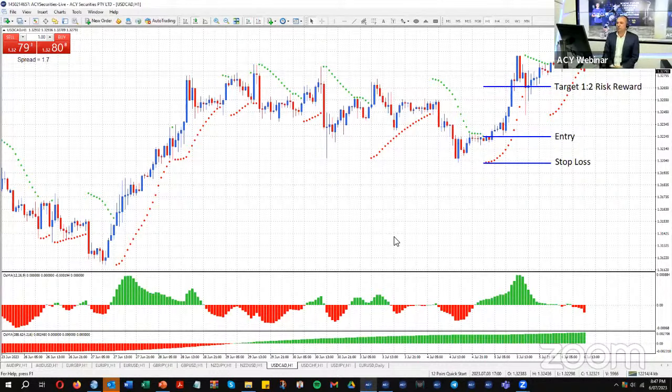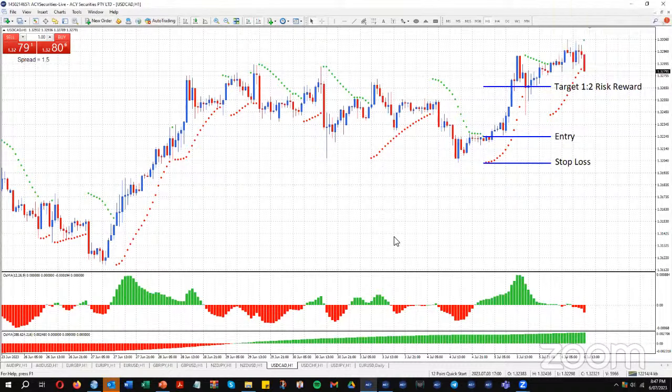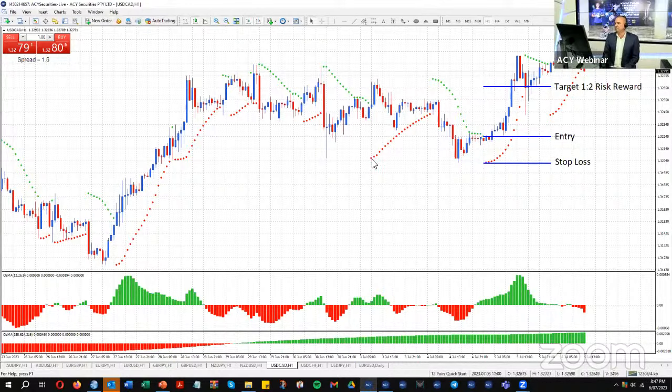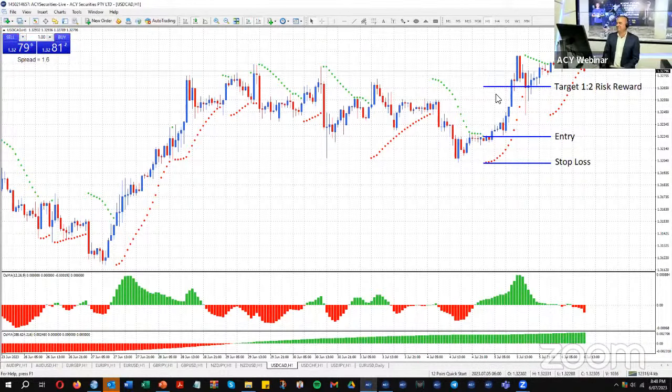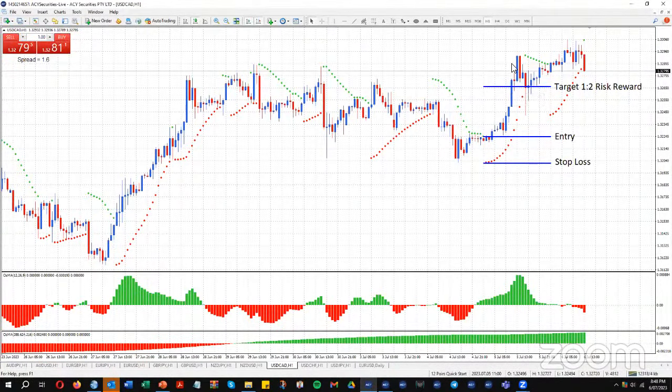And Duncan, do you find with your trading that one really big return can pay for a lot of your losses? Well, it can, yes. Even though we're discussing here using a risk reward of 1 to 2, let's talk about this trade here from a couple of days ago. Whilst I've set it up here with a risk reward of 1 to 2, it probably goes up to more of a risk reward of 1 to 3. So if you were risking $100 on the trade, it actually moved potentially $300 in your favor in this example.